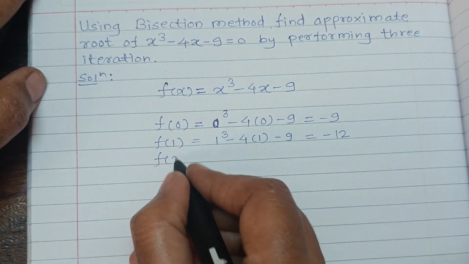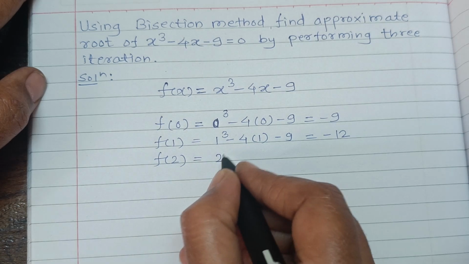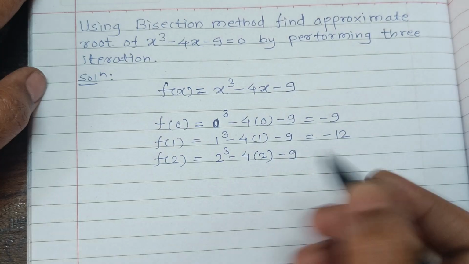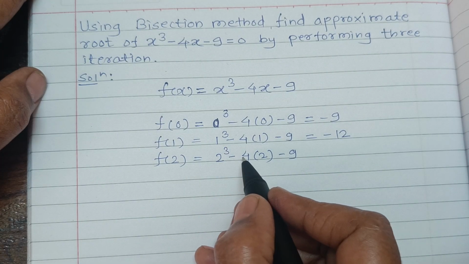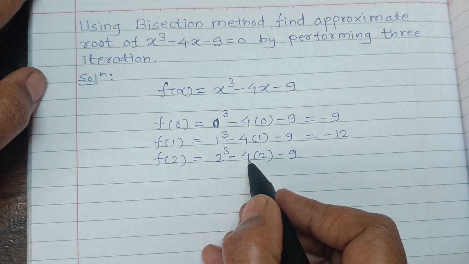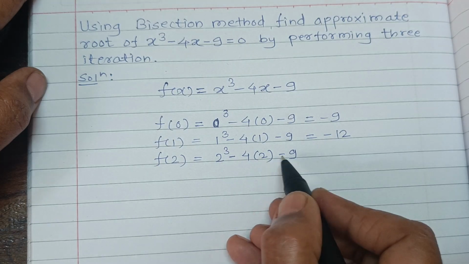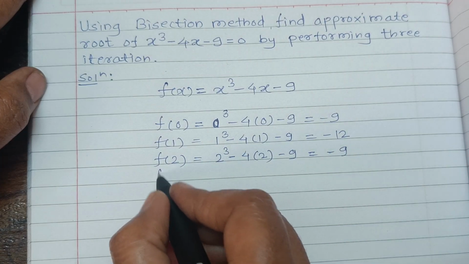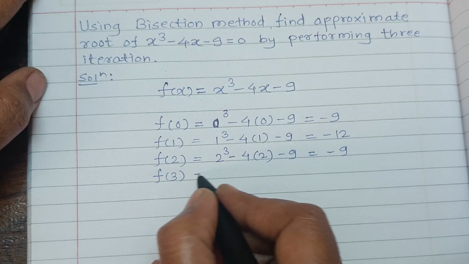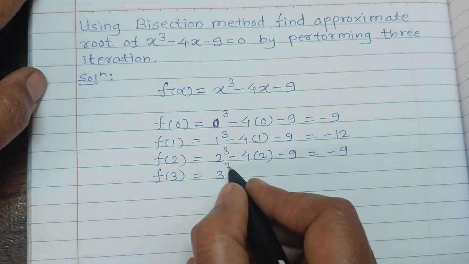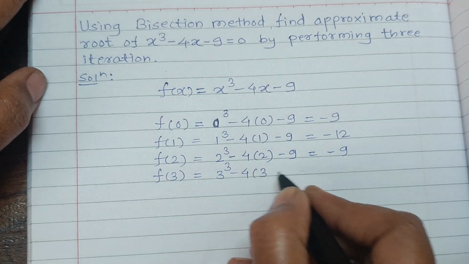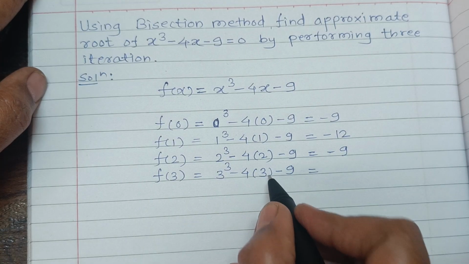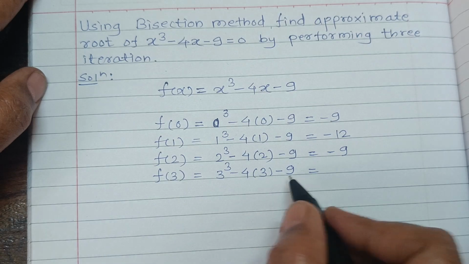Now if we put x is equal to 2 cube minus 4 into x is 2 minus 9. 2 cube is 8 minus 4 into 2 is again 8 minus 9 is equal to minus 9. Now we put x is equal to 3 cube minus 4 into x is 3 minus 9 is equal to 27 minus 12 minus 9 is equal